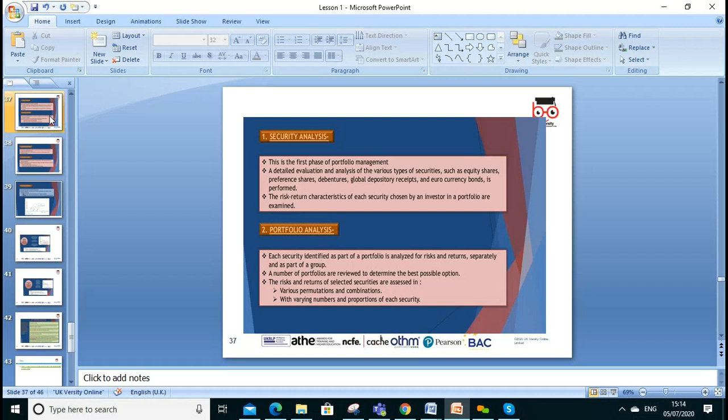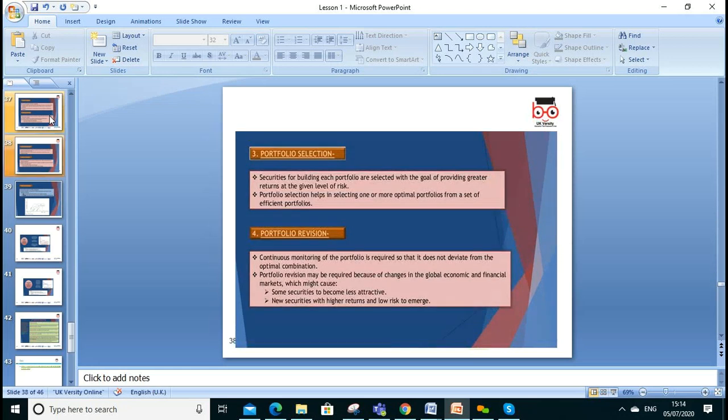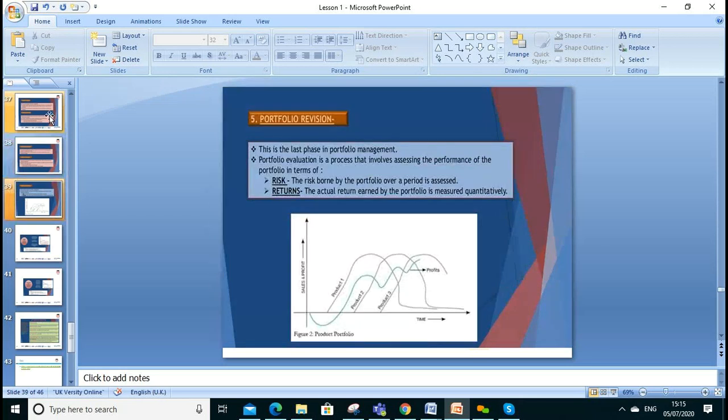Security analysis is normally the first phase of the portfolio. We can look at the values, at each security and its return. In portfolio analysis, we identify each security, because if we are investing, that can be our project, and in the project we can manage the portfolio and portfolio analysis. Anybody any question? Okay. Then portfolio selection: we select and build each portfolio in line with the goals,